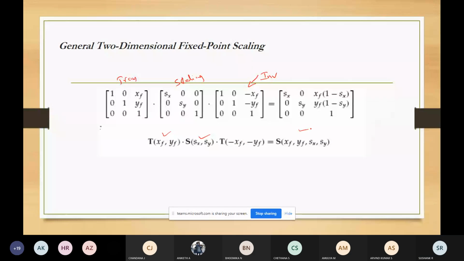So this is regarding rotating an object about a fixed point. So this will be the final result. If you want to verify the final result, you should perform multiplication of 1 and 2. First you will get some result 3. That result you multiply with matrix 3. You will get this final value.